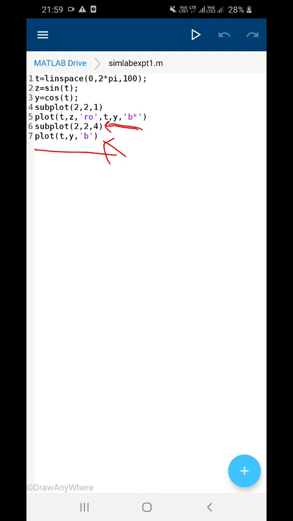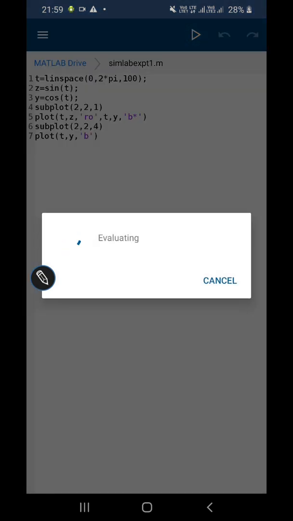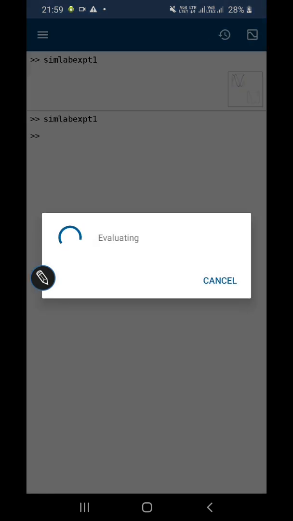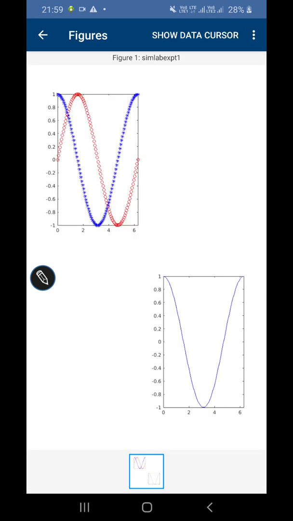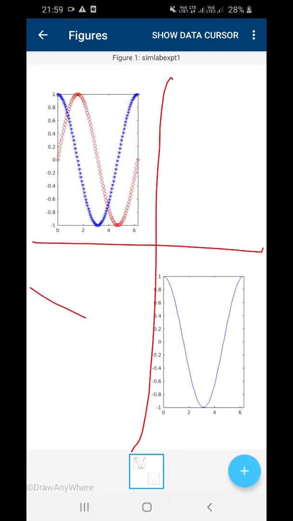We have not mentioned any kind of pattern. You can see here that out of the 4 spaces, the 4th graph is the cosine function, which starts from the peak, and it is in blue color. That's it.